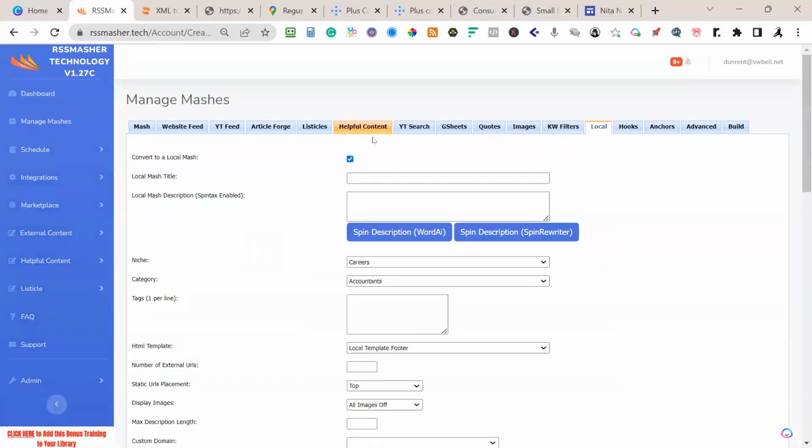And let's go ahead. I don't need helpful content because I'm going to put it at the bottom of a blog post that I'm building inside of RSSMasher. So I'm going to use the mashup on the blog post itself. But what I want is just the citation links. So I'm going to put in here